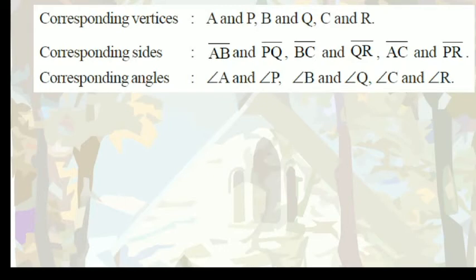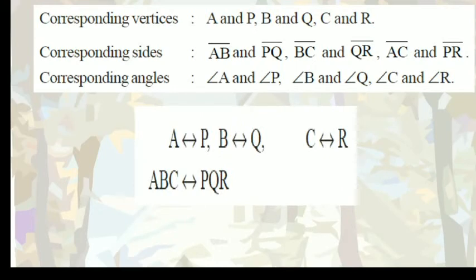Correspondence, this is a symbol of correspondence. Now here we are not supposed to be confused between corresponding angles of parallel lines and corresponding angles of a triangle. Corresponding angles of a triangle are the angles which are equal to one another. If these are the vertices which are corresponding, then the corresponding vertices are these, and therefore corresponding sides are these, and corresponding angles are these.